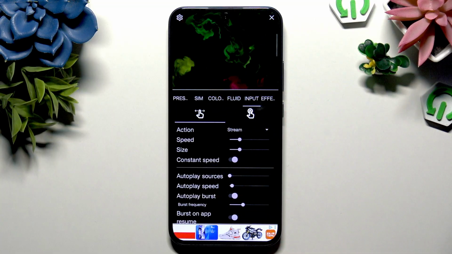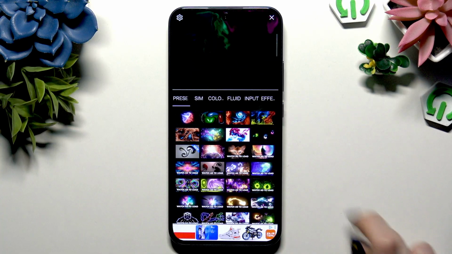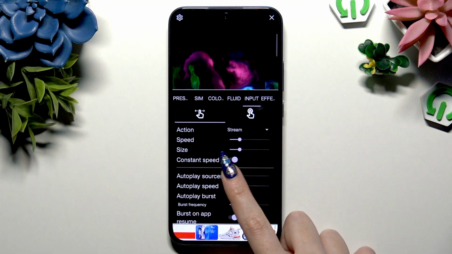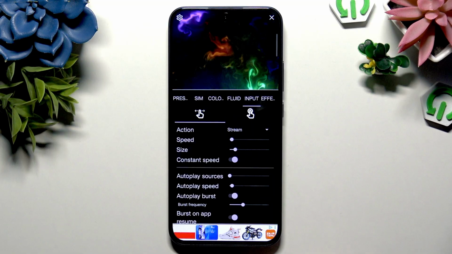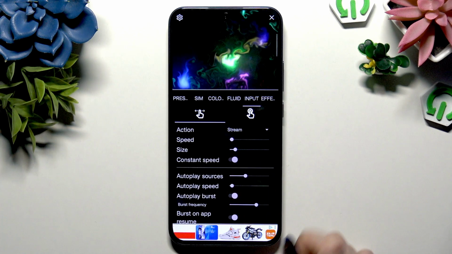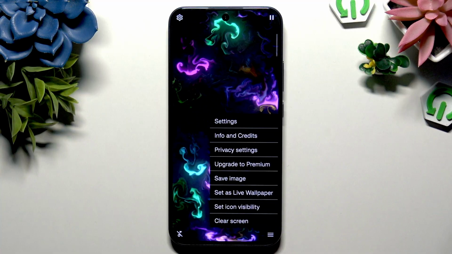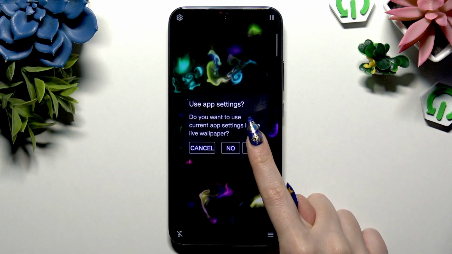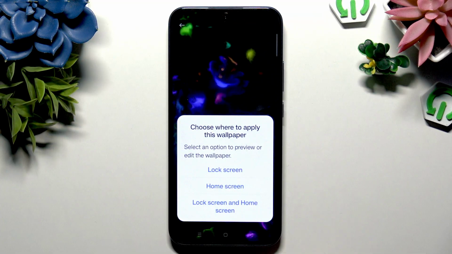You can even hit presets on the left and check out all of those by clicking on the best one. After adjusting all of those options, just click at the top right corner and bottom right corner. Hit Set as Live Wallpaper, choose Yes, tap on Apply Tool and decide where you wanna